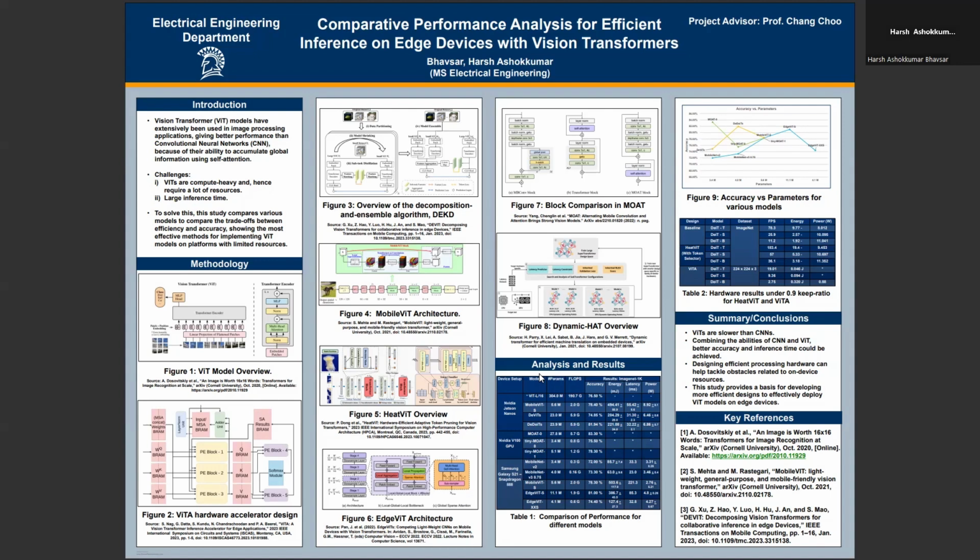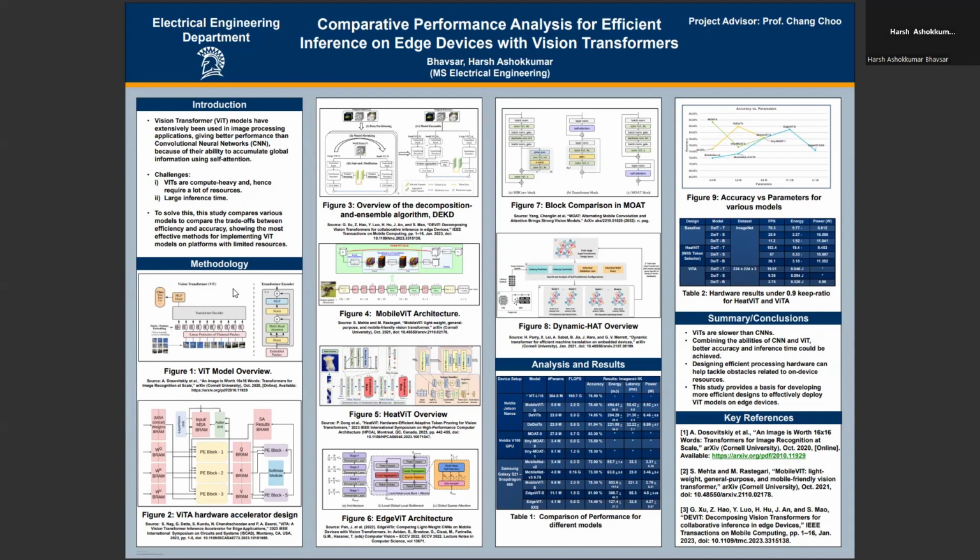relationships. The working of the ViT model is such that it divides the image into multiple patches. It assigns position embeddings to them, and those tokens are then passed on to the transformer encoder, where self-attention comes into action, and various layers, that is the MLPs and normalization layers, process the data, and we get the final solution. But the problem with ViT models is that it requires a lot of processing and also consumes